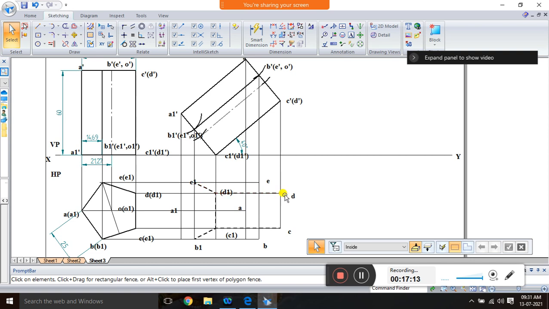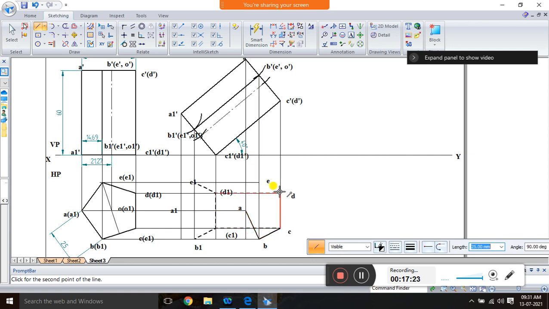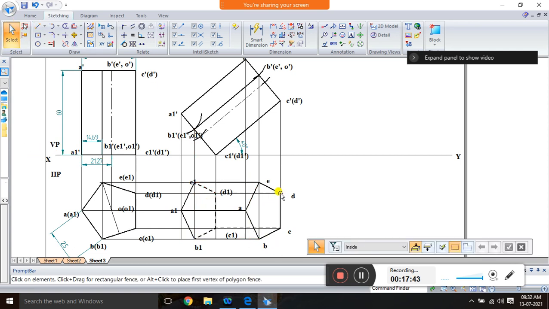First you have to mark all the invisible edges. Next go for visible edges. So A to B is visible, B to C is visible, C to D is visible, D to E and E to A. Similarly A to A1 is visible, A1 to B1 visible, B to B1 and A to E1 and E to E1. So it completes. So this is what is visible and this is what is not visible.